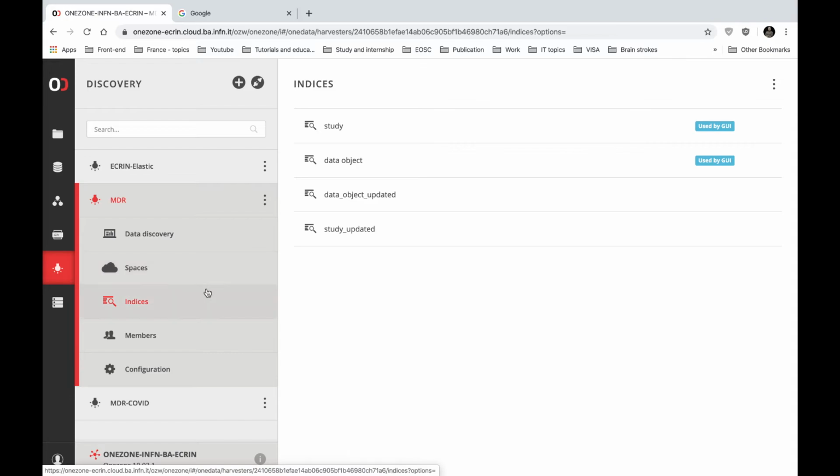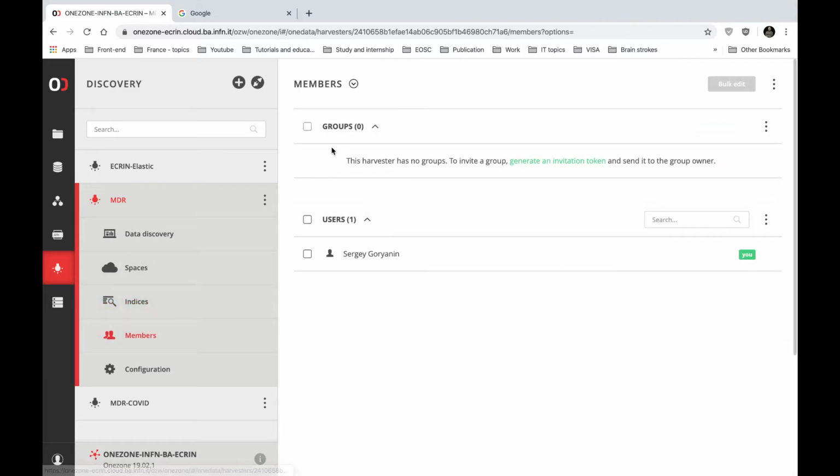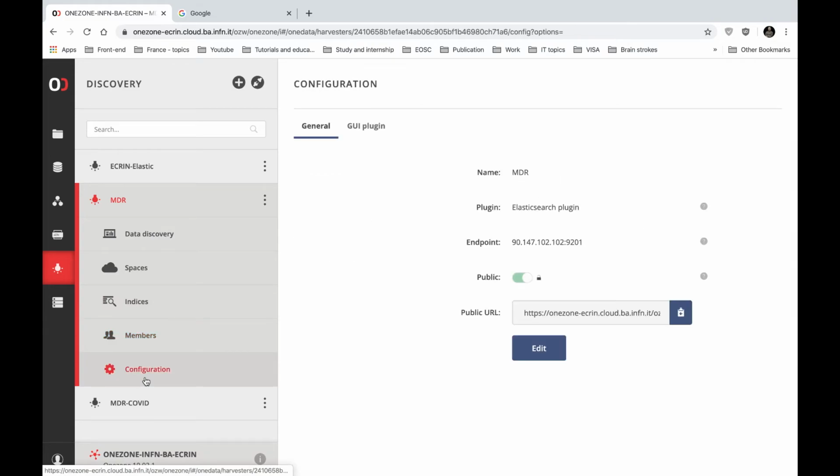By clicking on the Indices tab, I will see the list of indices which can be used by the graphical user interface, by Elasticsearch, and by the harvester for sure. Here I will see the list of the members which have access to the harvester, and the most important tab is the Configuration tab, with the general information about the harvester like name, attached plugin, endpoint. The tab shows whether it is publicly available or not, and if yes, there is a link, there is a URI